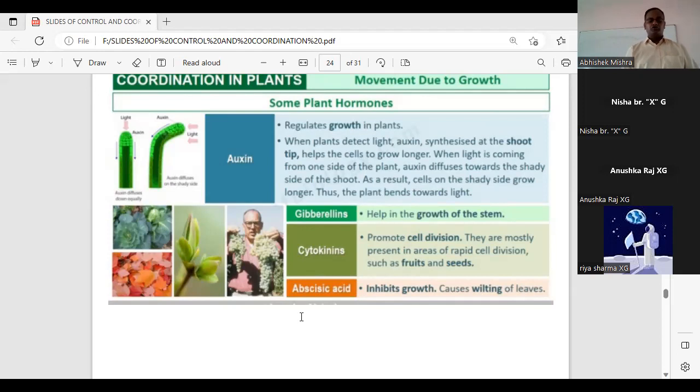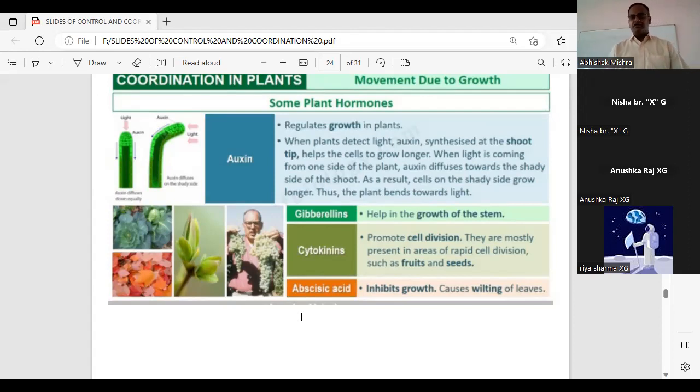Gibberellin also is a plant growth promoter. It helps in the growth of the plant, and it has all the functions common to the auxin, but gibberellin is also doing one very important function. It helps in breaking the dormancy in seeds and buds. Cytokinin helps in cell division, fruit growth, and it also helps in breaking the dormancy in seeds and buds. Plus, the cytokinin is also doing one very important function. And what is that function? It helps in opening of the stomata.